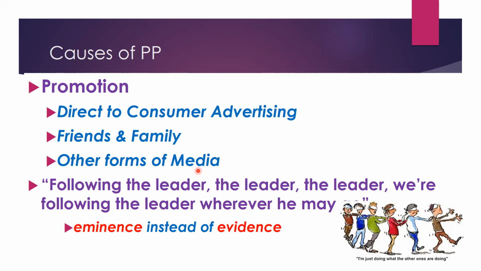Another common example is that the prescribing of the junior doctor often follows the medical officers. This is based on eminence rather than evidence. Why do you prescribe this medication? Or "I just follow the previous MO's prescribing, so I just continue." So you need to ask yourself, is there any evidence or not? Because now we are talking about evidence-based medicine. We are looking at systematic reviews or meta-analyses. Is it really helpful?